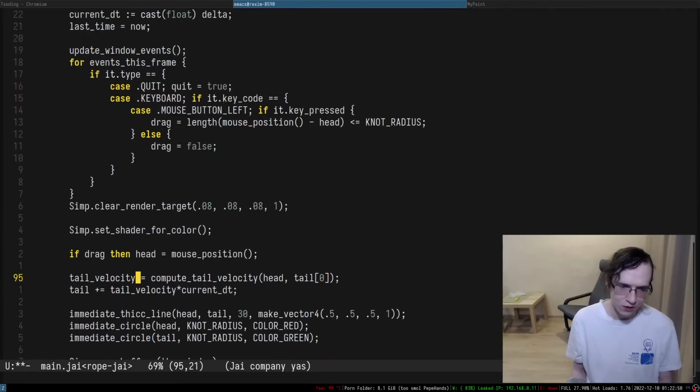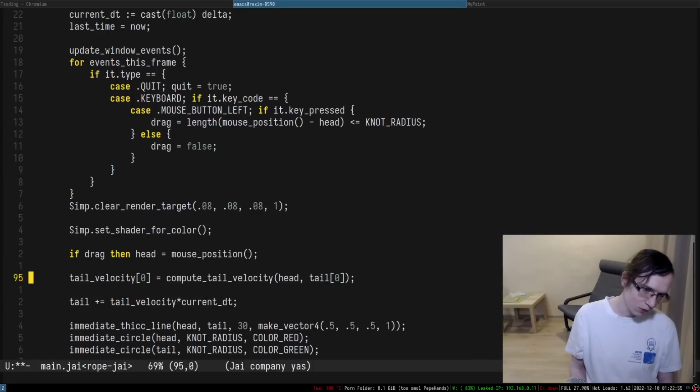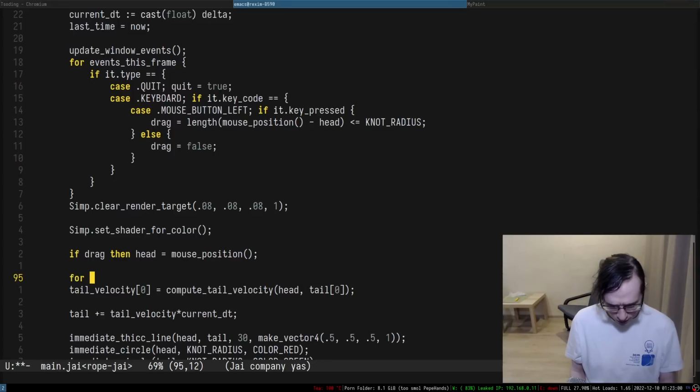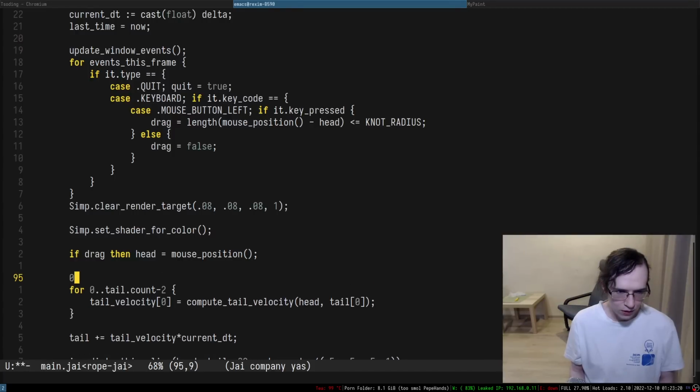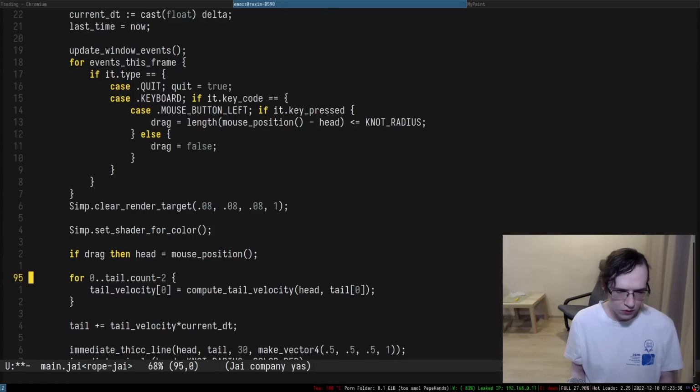Okay, so this is gonna be 0, right? So we compute tail velocity, and the tail velocity of 0 depends on this thing. Interestingly, right, so what we have to do now is just something like this. I'm gonna be iterating from 0 to tail count, but -2 actually. Right, so we have 2 of them, so that means I'm gonna be iterating only 1. Alright, so because if I have only 2 of those things,